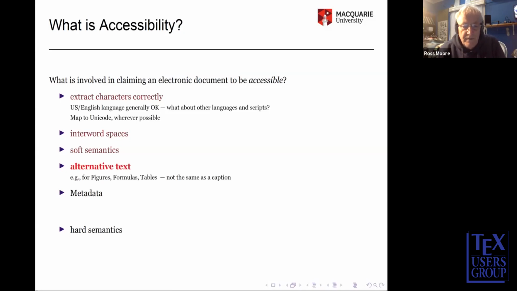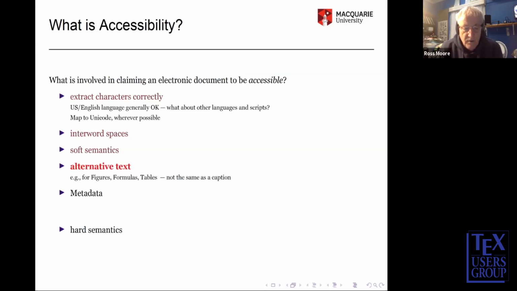The alternative text should be simply saying, two cats sitting on a mat in the lounge room, or something like that. Okay, so that someone who cannot see the picture can visualize what is in the picture,